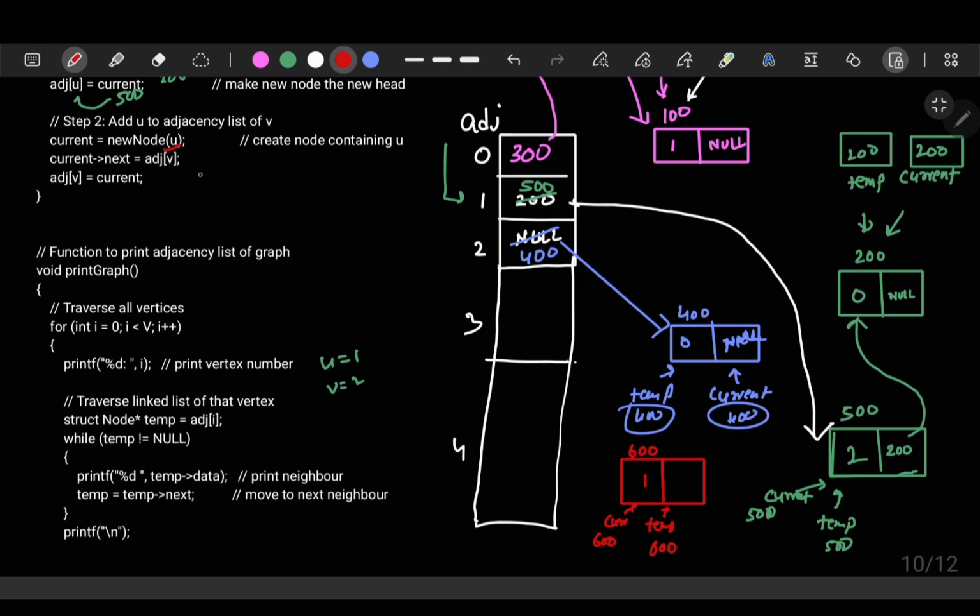Now what is the next line? It's adjacent of v. What is adjacent of v? V is 2, right? So adjacent of v means 2. I'm talking about this part. So it contains 400, right? It is passed to current of next. What is current of next? This part. So 400 is given to here. So what is 400? This part. So its next will point to this particular location 400,